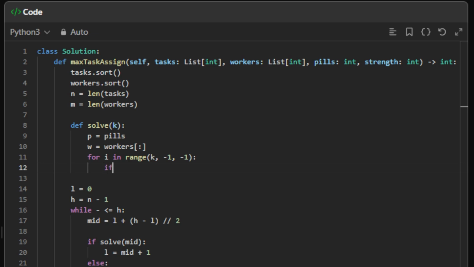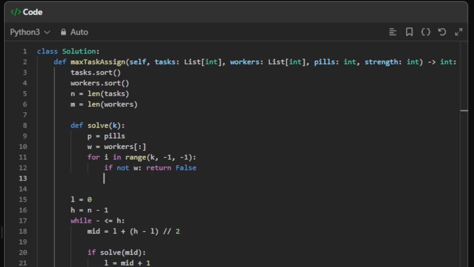So if not w, return false. Now if our last worker, meaning our stronger worker, is greater or equal to tasks, we'll